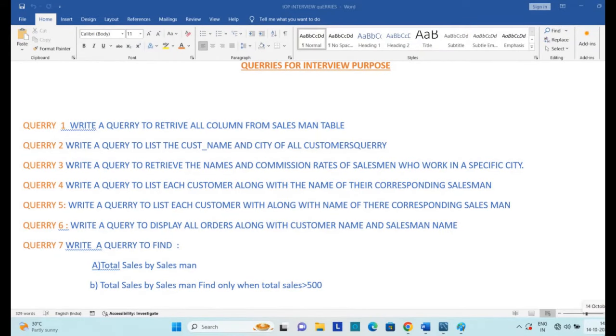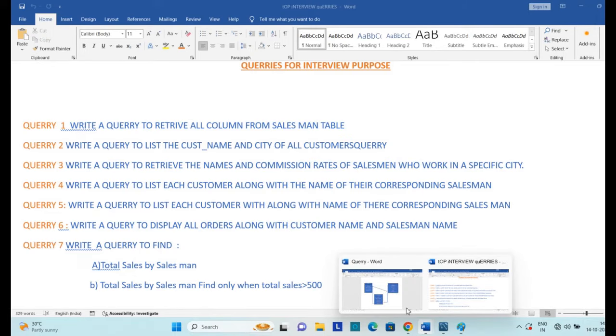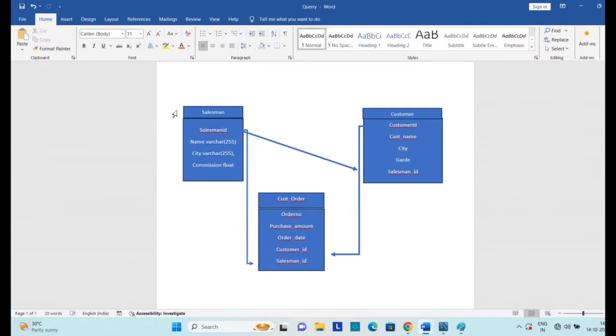Now I will go to the third query, in which the question is: how to retrieve the names and commission rates of salesmen who work in a specific city. Go through the table here. I have a table named salesman in which I have four columns: salesman ID, name, city and commission. The query is asking me to list the names of salesmen with their commission who are working in a particular city.